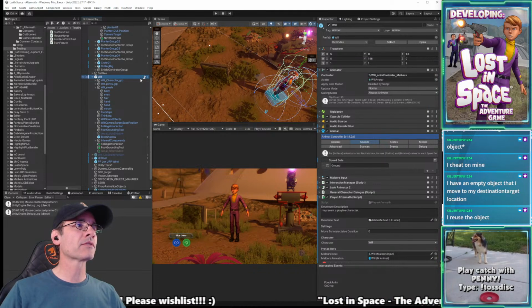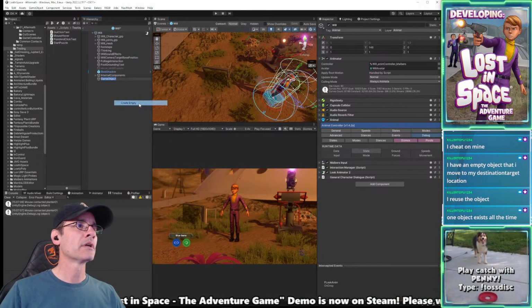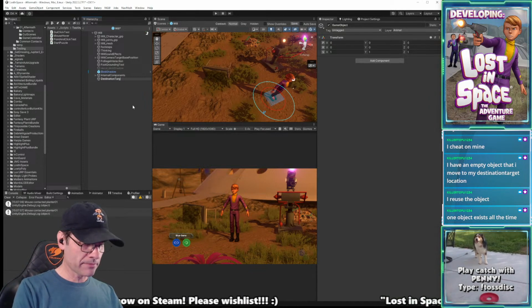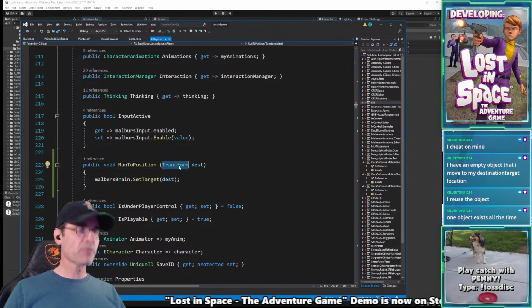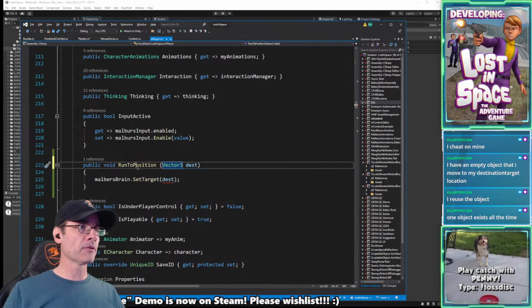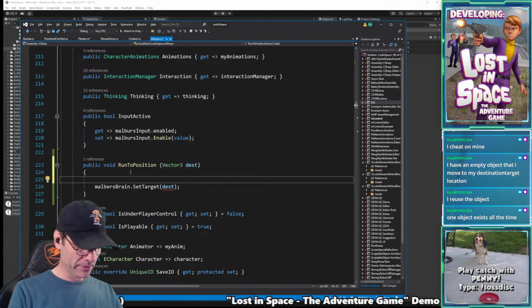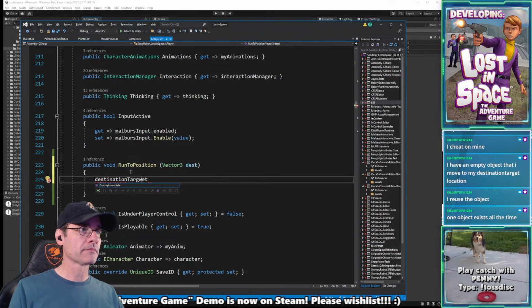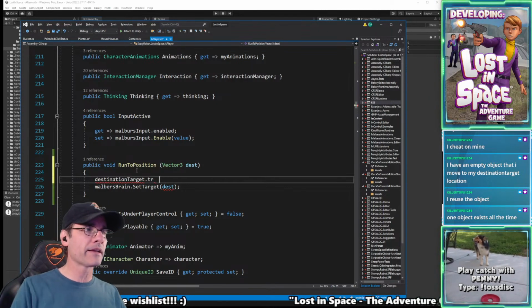I'll just create under here. Let me go into this prefab. I'll just create a new empty, and I will say destination target. Done. So this one I'll go to a vector 3. Excuse me. Like so. And then I need to add that. We'll say destination target. Oh, because I haven't added it yet. So